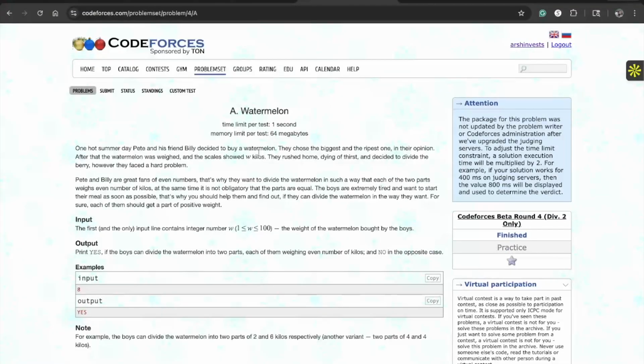Hello, let's talk about the question Watermelon. Let's read the question first. One hot summer day, Pete and Billy decide to buy a watermelon. They choose the biggest, ripest one in their opinion. After the watermelon is weighed, the scale shows that it's